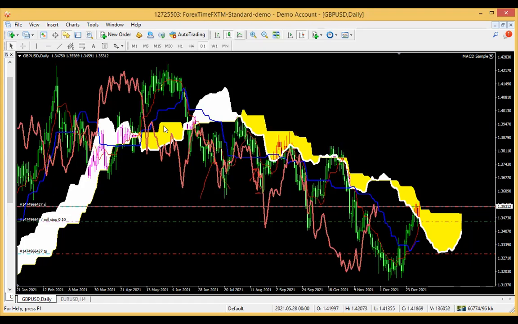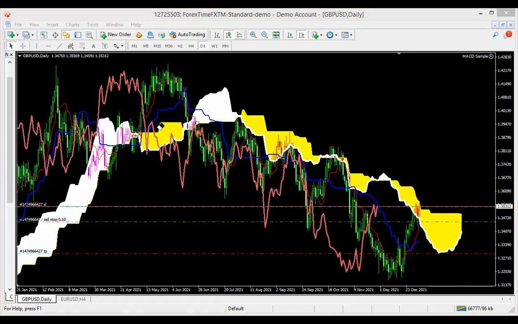Let's look at the downside. I'm going to look at the downside of the market before I enter this market. First thing, remember, in this part now, first price must be below the crowd. As long as price is still above or maybe inside the crowd, don't think of entering